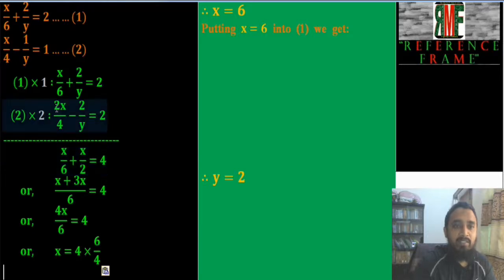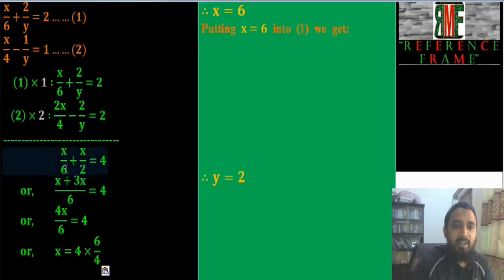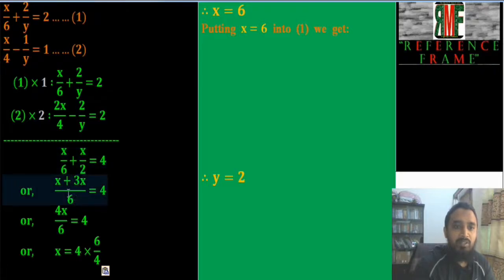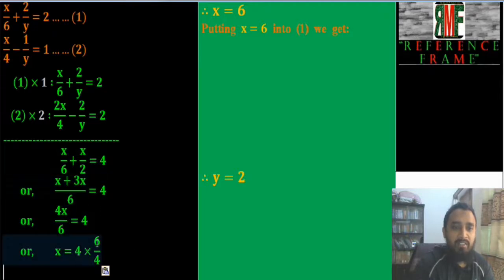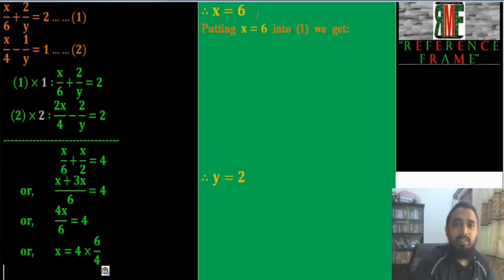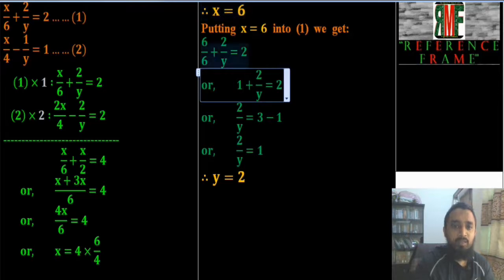So what are we going to have here? x by 6 plus x by 2 is equal to 4, and by solving this, taking LCM, here 6 is the LCM, so 6x as it is plus 3 thrice x. So from here we get the value of x is equal to 6, because 4 and 4 omit each other. Now all we need to do is put down the value of x is equal to 6